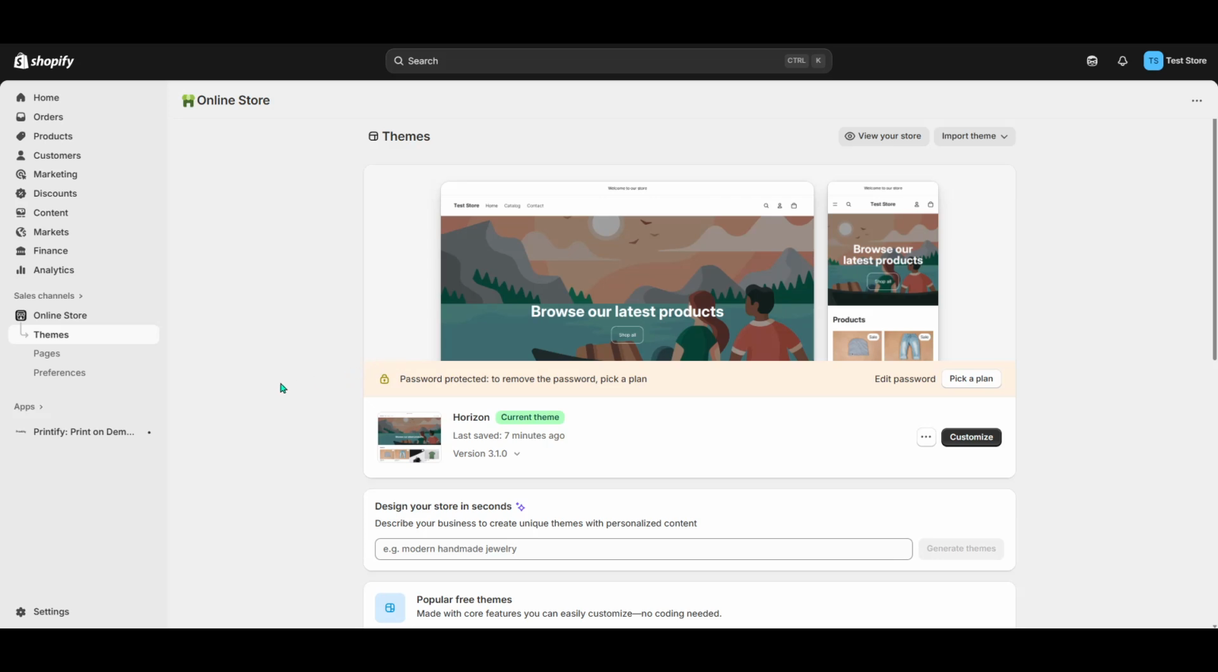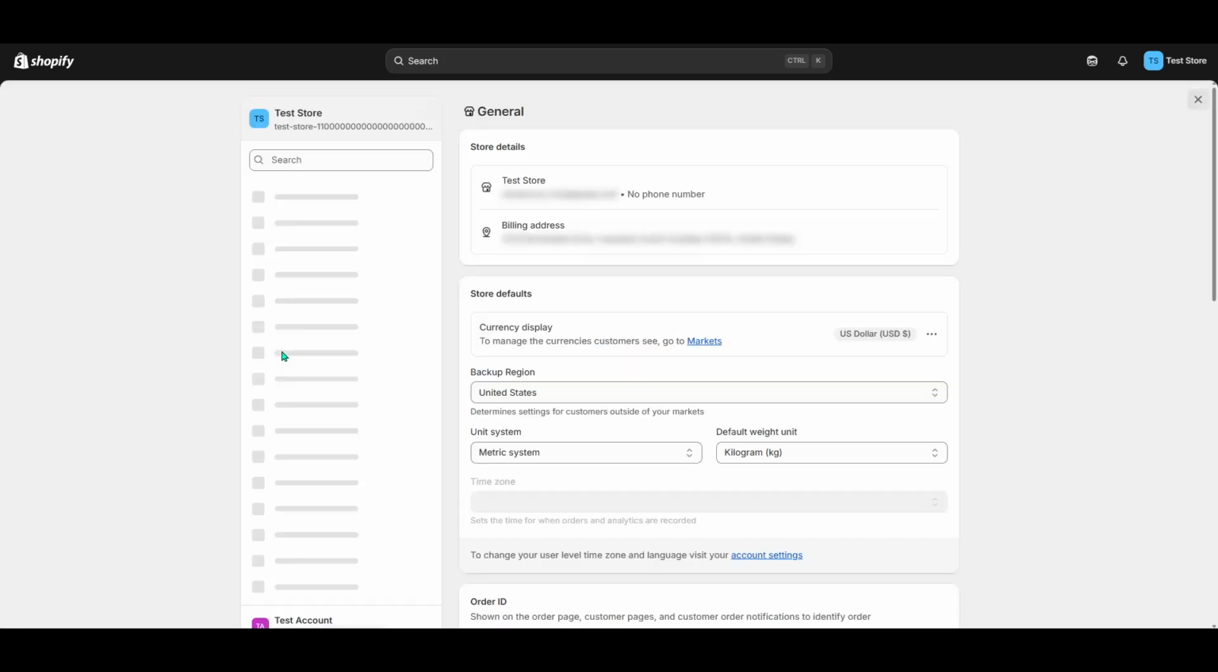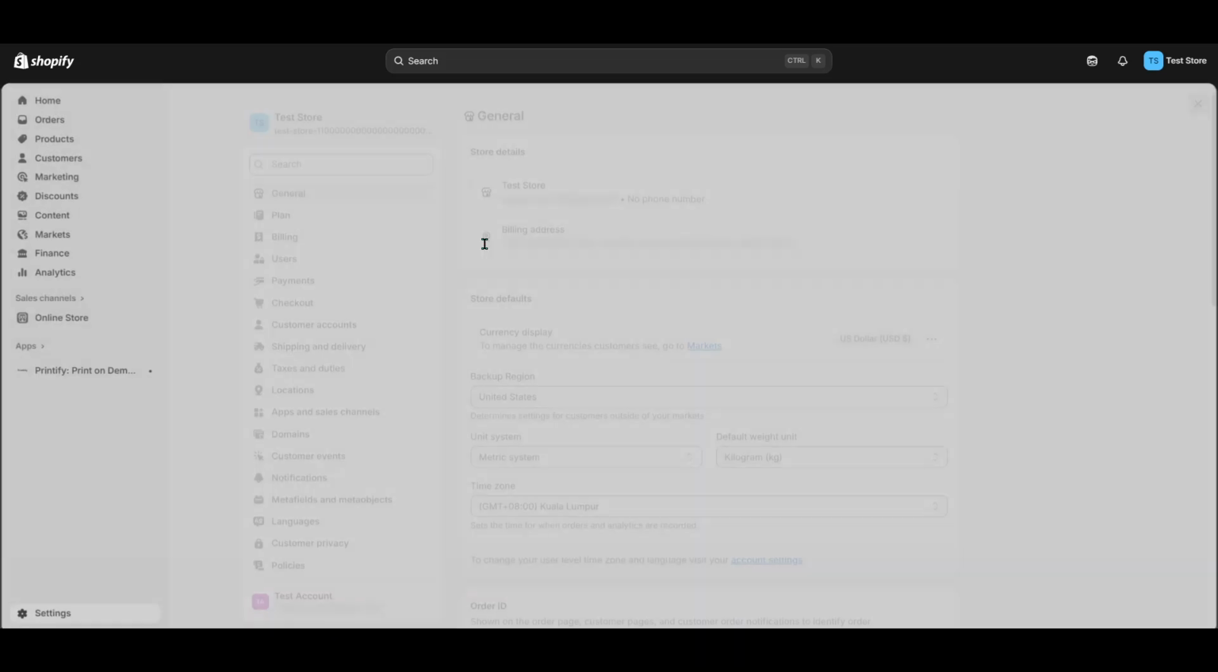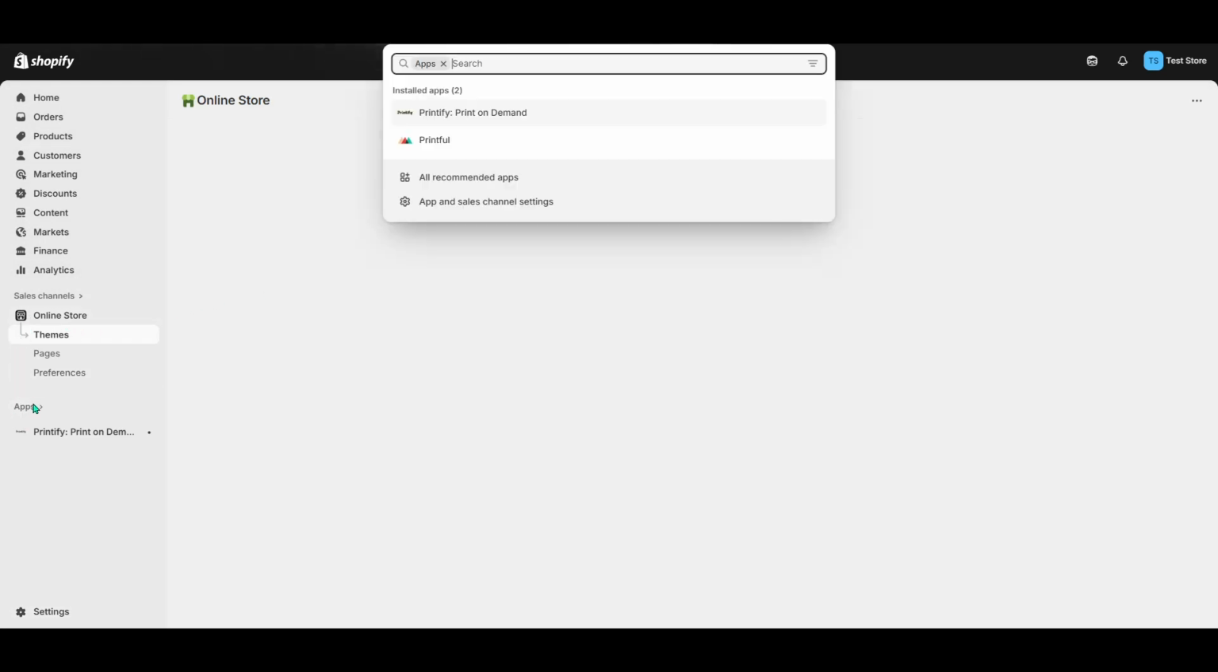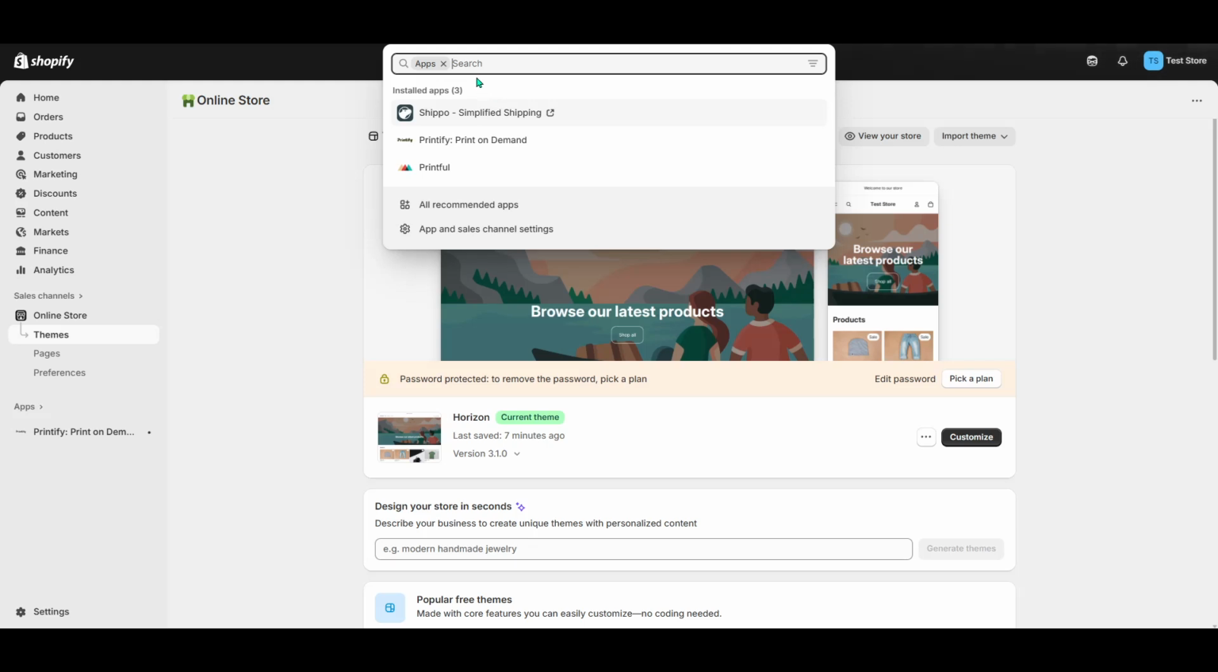First things first, the initial step is to navigate to the Shopify dashboard. Once you're there, look toward the left side of your screen. You'll notice a panel with various options listed. Among these options, you'll find one labeled Apps. Go ahead and click on Apps. This is where you'll manage all the applications connected to your Shopify store, an essential component that enhances the functionality